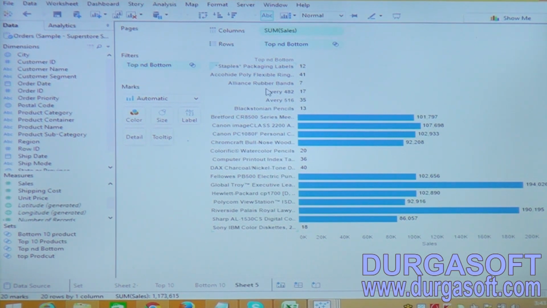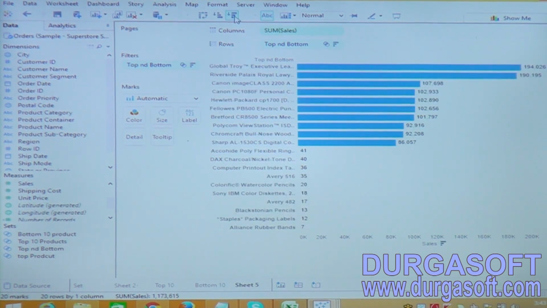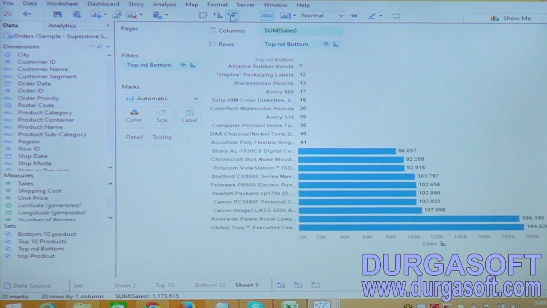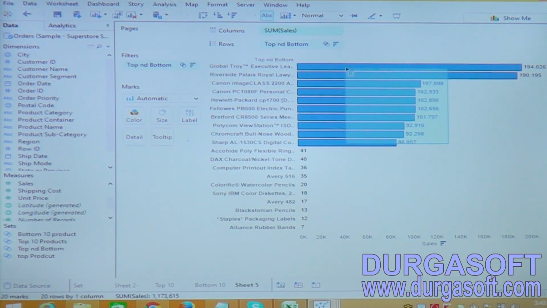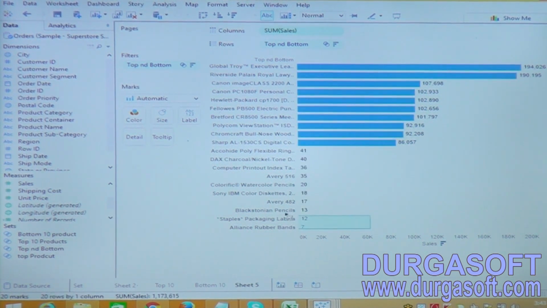Now I want to separate who the top 10 and who the bottom 10 are. To do that, click on ascending or descending, whichever you want. Let's display the top 10 first and then the bottom 10. See, these are the top 10 people, and the rest are the bottom 10 people.